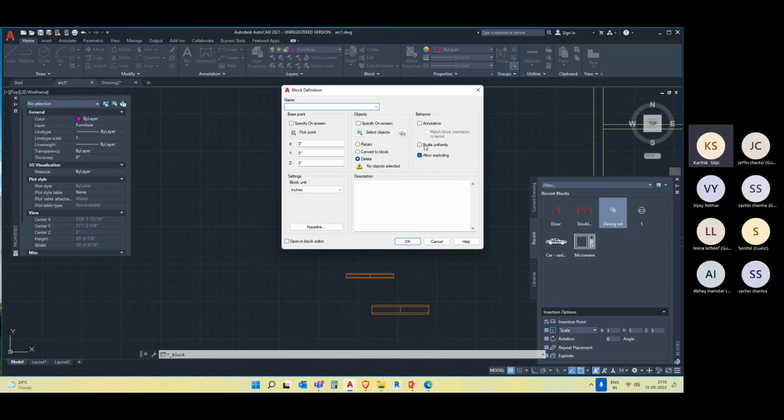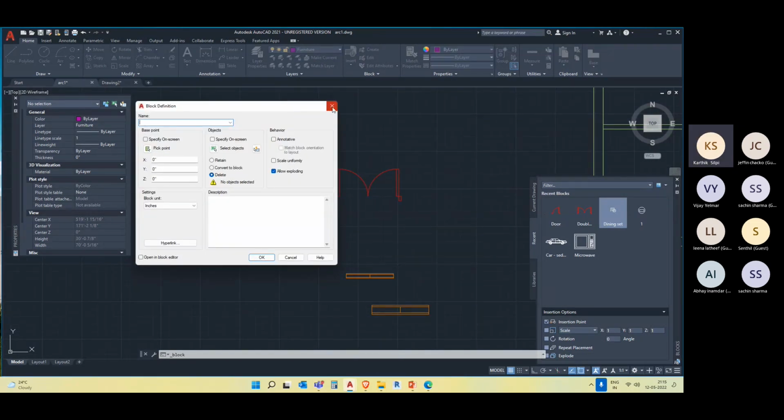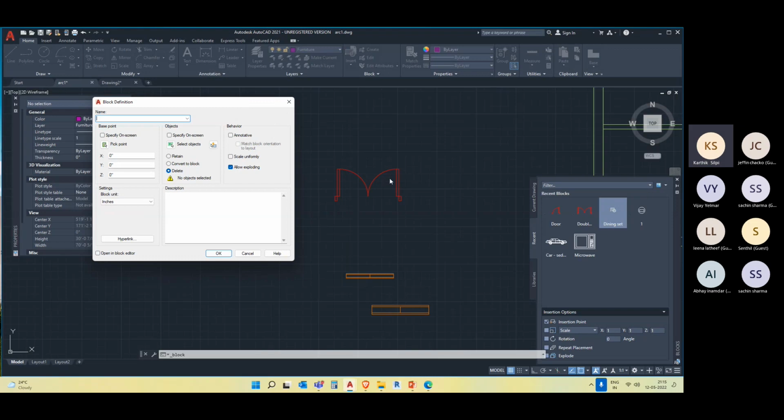There is one more thing called scale uniformly. Scale uniformly is, for example, you have selected a block and for some reason you want to change the dimensions of this block, not a parametric block. Then if you click on this uniformity, say this is a ratio of x and y, x is like 2 times the y. So when you give 4, it has to change 4 times in this direction and 2 times in this direction. So that is what uniformity is, right? If you switch off this uniformity, it will stretch unevenly. So you have to make sure that when you want your block to be uniformly stretched, select this scale uniformly. I did not create anything, so it's not allowing,